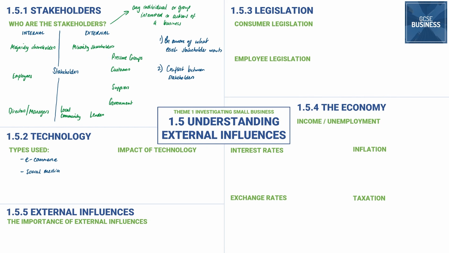Social media is a big technology, and this can be used in many, many ways, in particular when it comes to a business advertising. So, for example, you can use social media to do targeted advertising. I know for a fact that we recently bought a new car, and since then, to be honest, I keep getting adverts for cars. Specifically the type of car that we ended up buying, because clearly it's read the fact that I did a lot of Googling around that, and so it's given me adverts to try and encourage me to make a sale. So social media can be great for advertising. It can be great for just trying to target particular customers.